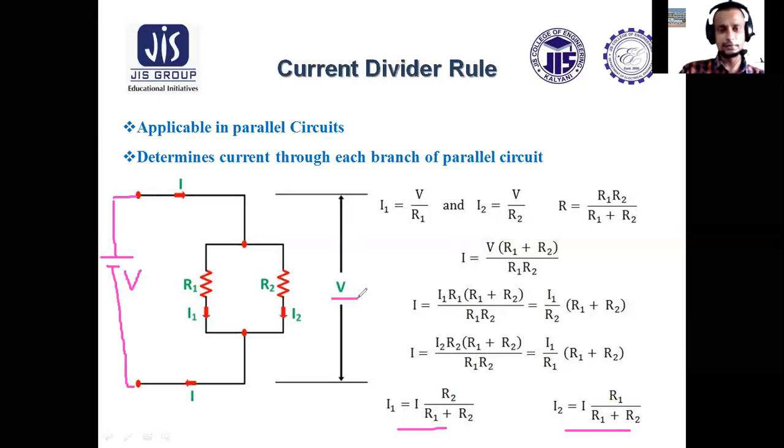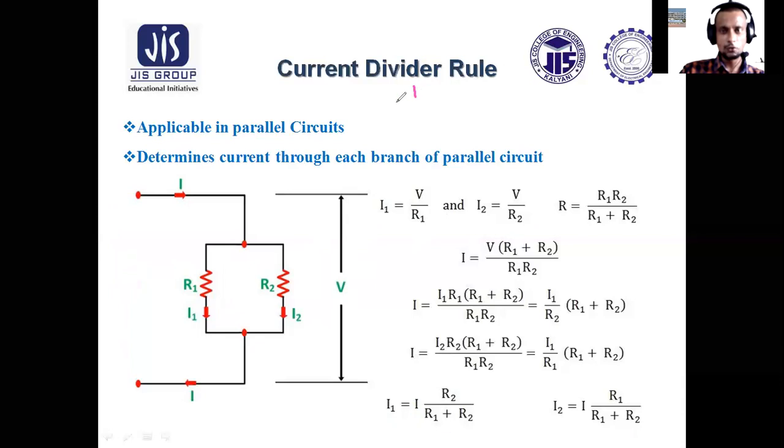So that is why it is shown that the voltage across these two elements is V. The voltage across R1 is V, and the current through R1 is I1. So as per Ohm's law, I1 equals V by R1. Similarly, as per Ohm's law, I2 equals V by R2. Now, as these two resistances are connected in parallel,